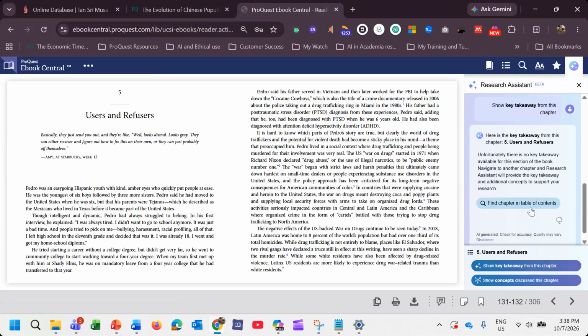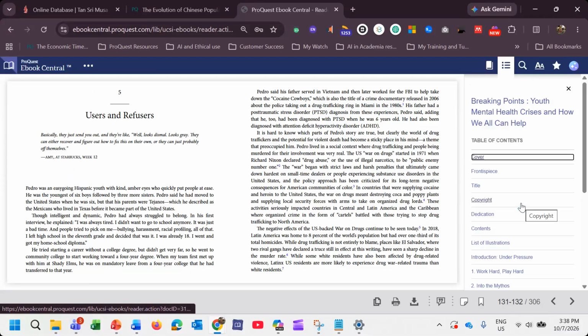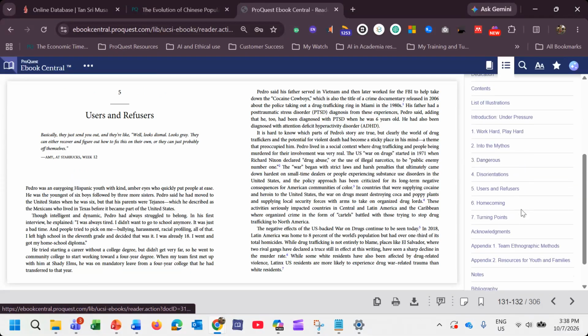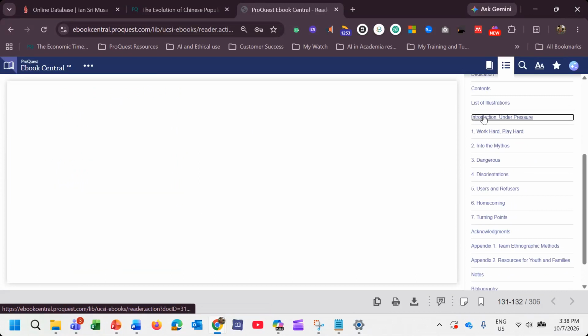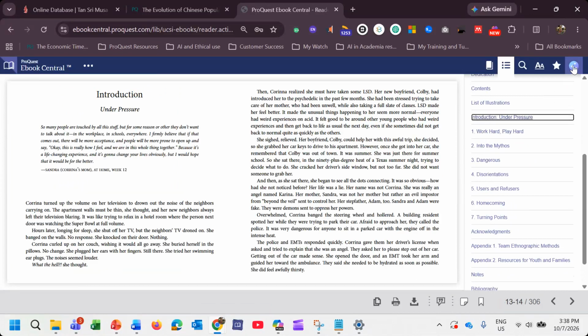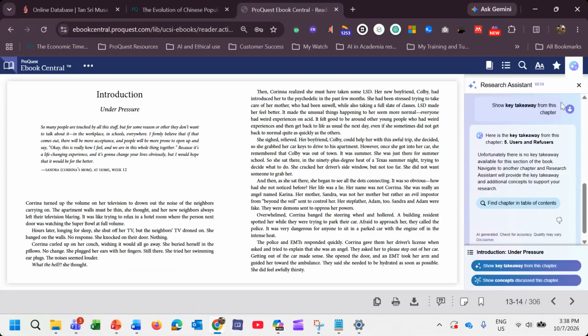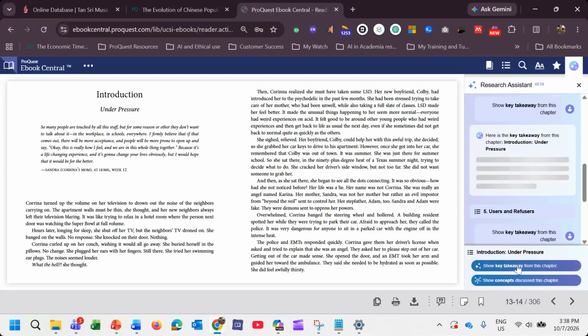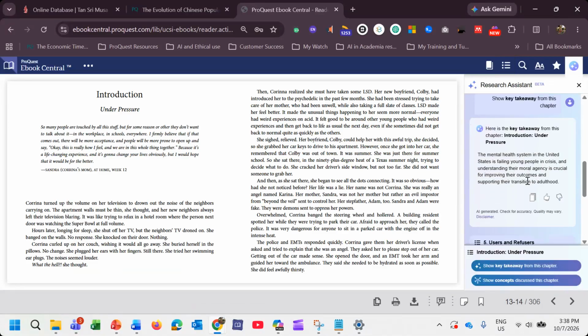Okay, there is no key takeaway. Maybe it's at the main level. It's okay, let me try again. There should be a key takeaway, and this is the key takeaway.